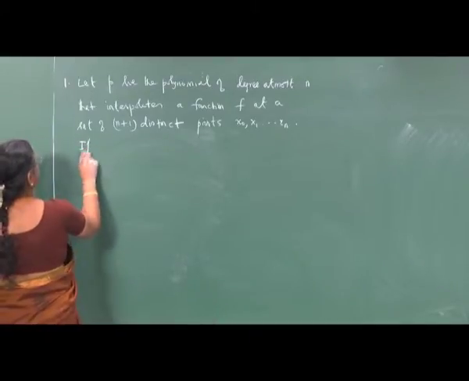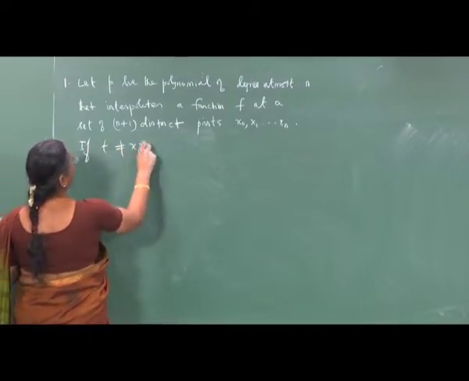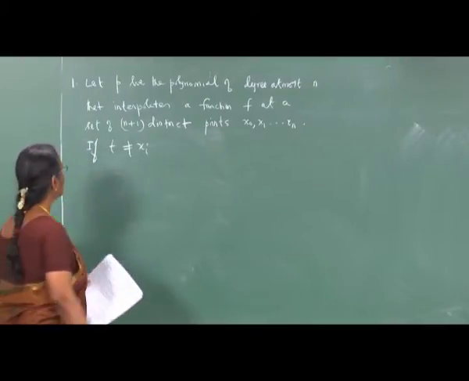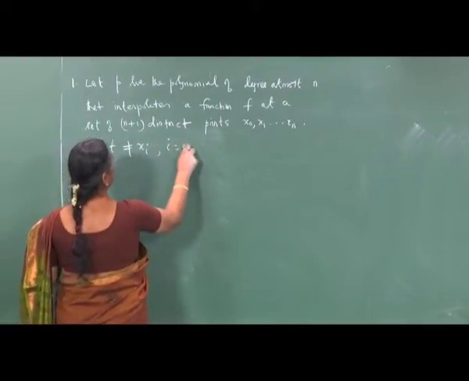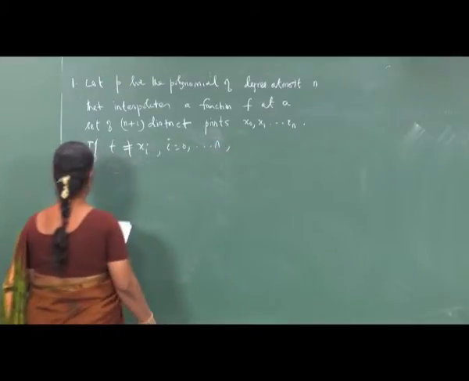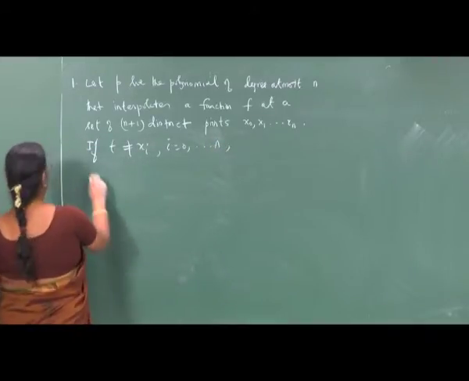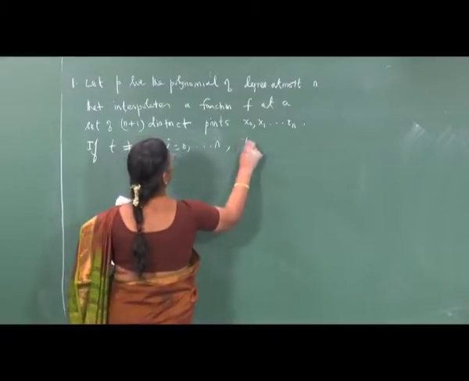If t is different from these xi for i equal to 0, 1, 2, 3, etc., n, then show that